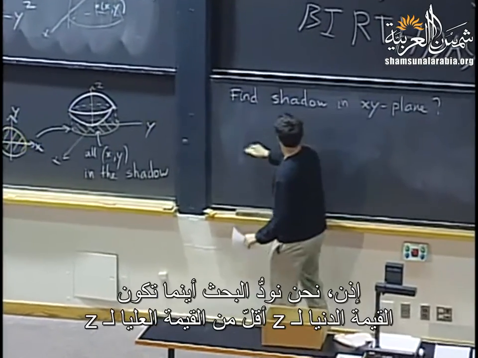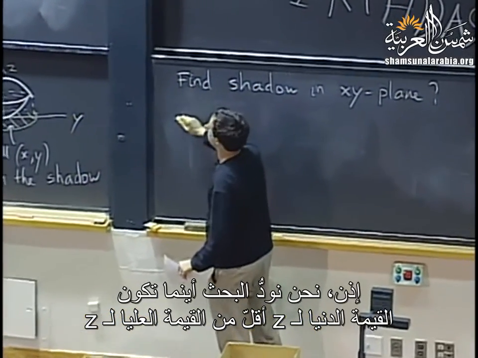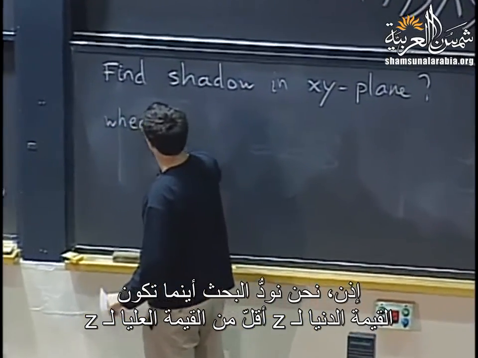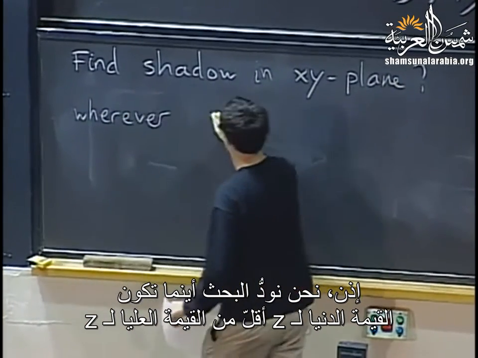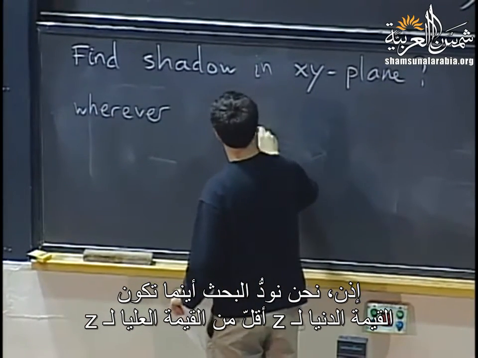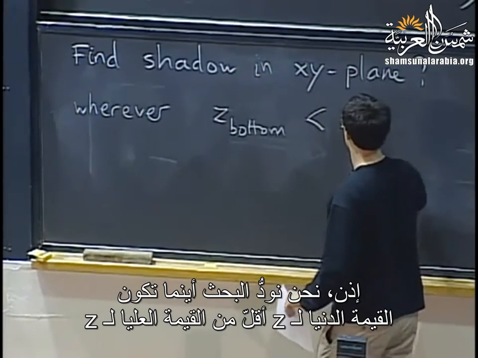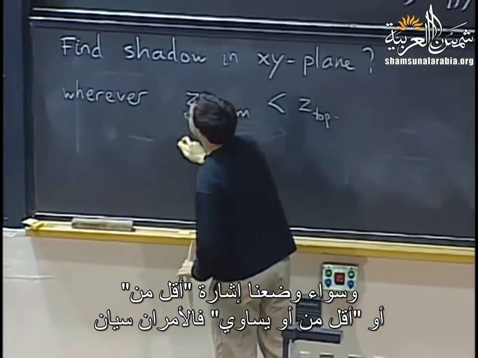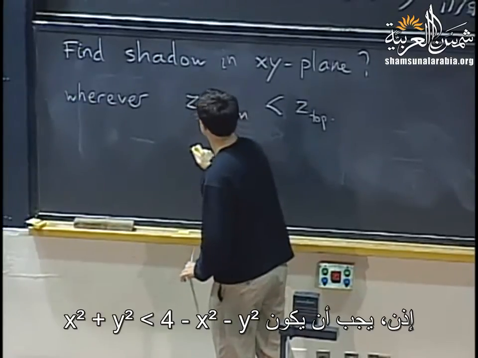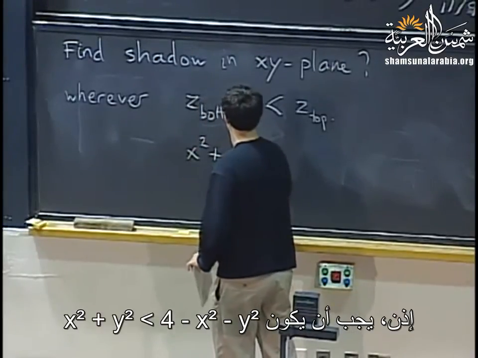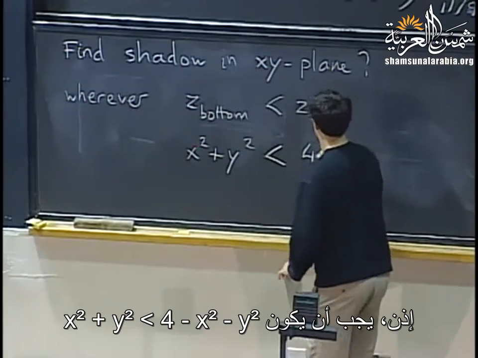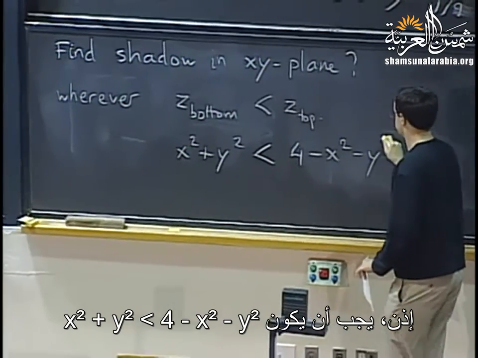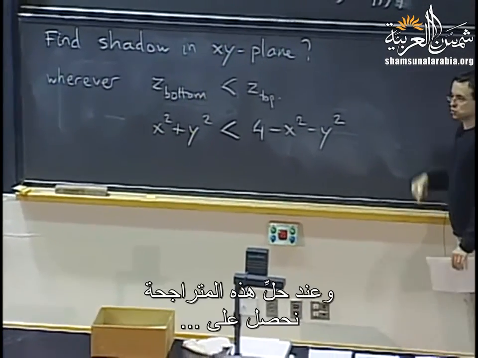So we want to look at things wherever the bottom value of z is less than or equal to the top value of z. So the bottom value of z, x squared plus y squared, should be less than 4 minus x squared minus y squared. And if you solve for that,